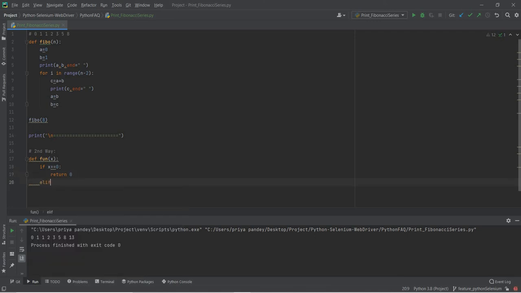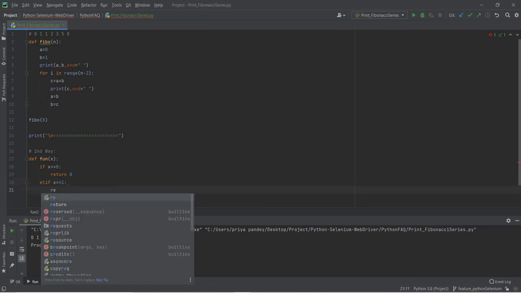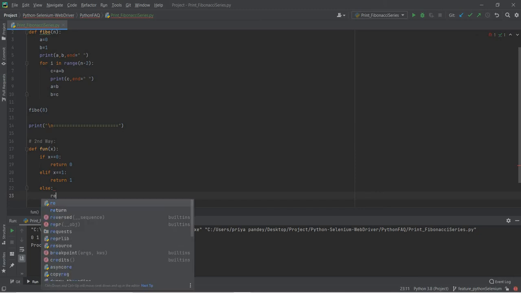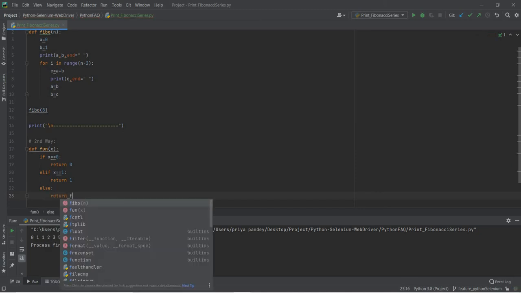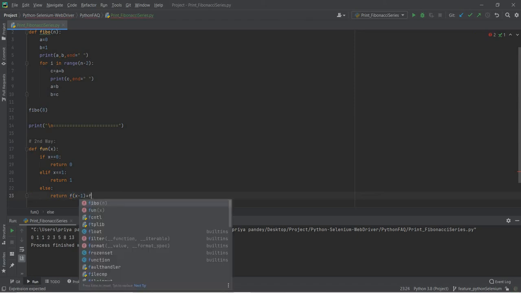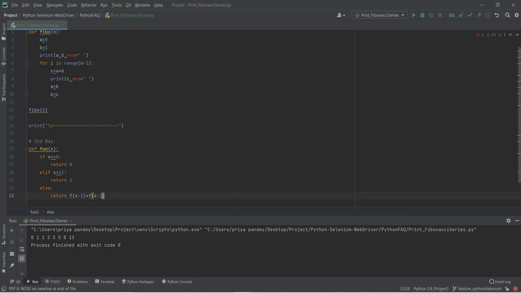Elif, because we need one more else, so that's why we use elif, x equals 1, then it will return 1. Else, it should return f of x minus 1 plus f of x minus 2.